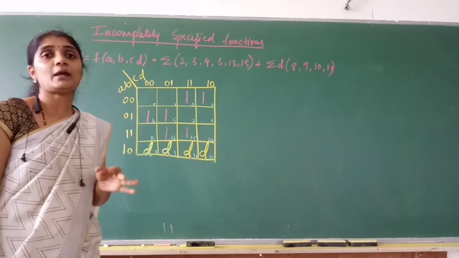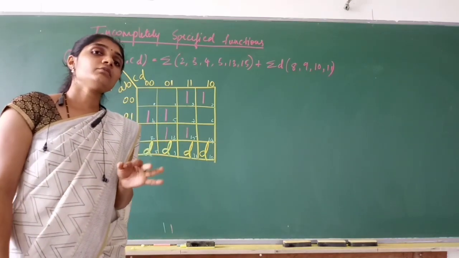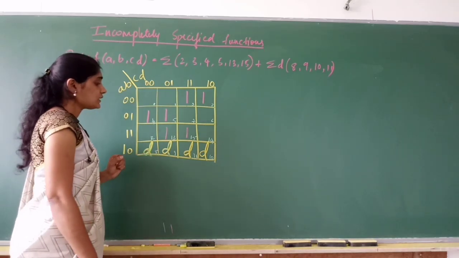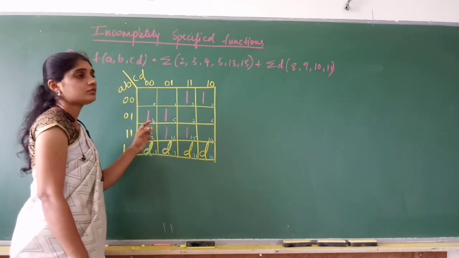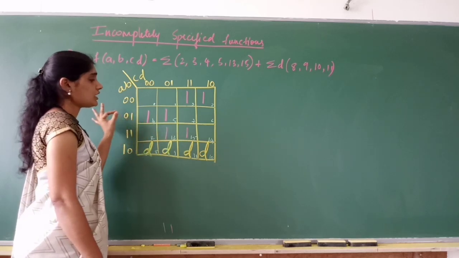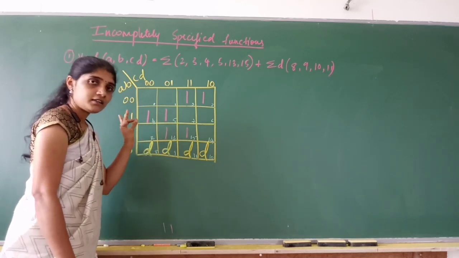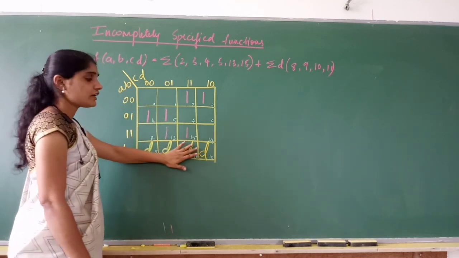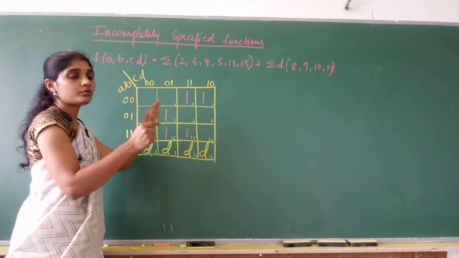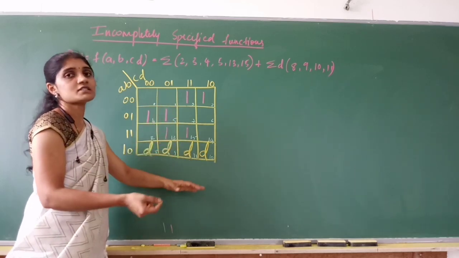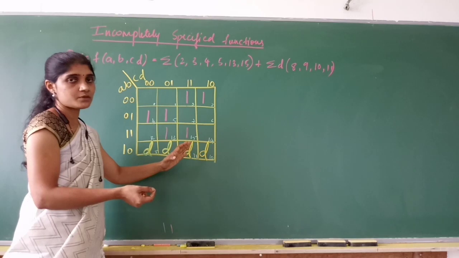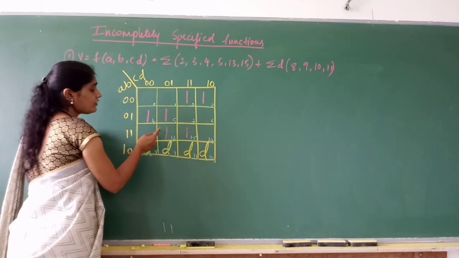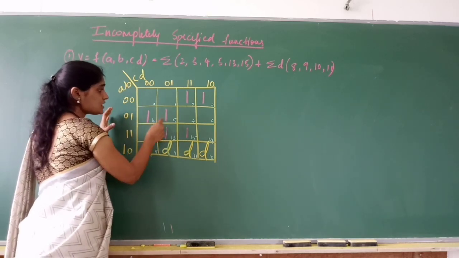Now what is the rule of the K-map when the function is incompletely specified? When you have a don't care term in your equation, you have to look for the min terms grouping first. That means don't worry about the don't care terms. Because we don't know what the output is, we cannot treat them as min terms. We don't know whether the output is 1 or 0.